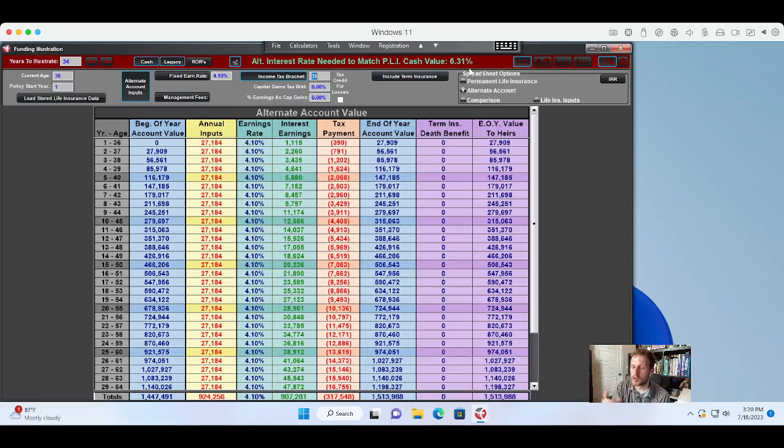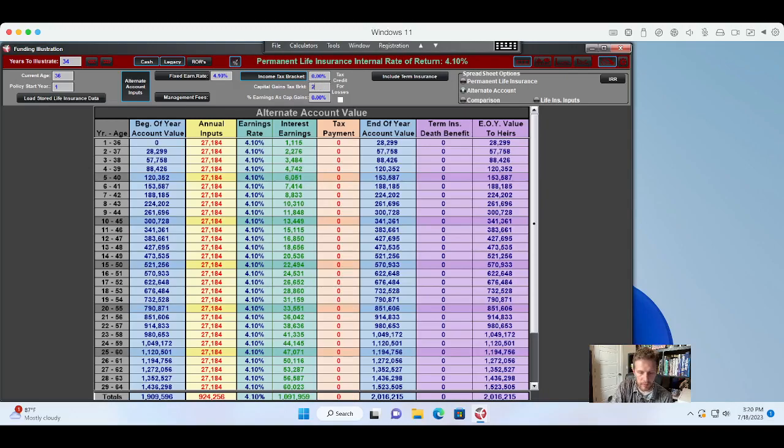And so whole life insurance can fill that role of your CD money, of your bond money, of your money market money. It should be your safe money, and it can fulfill that role really well. Now the question is, how does it compare to investments? So with investments, again, you still have to deal with taxes. So let's take away that bracket and deal with more capital gains. So if you're in a 20% tax bracket on capital gains,